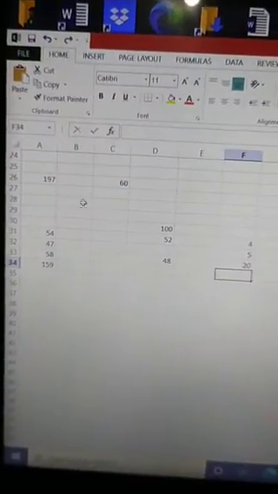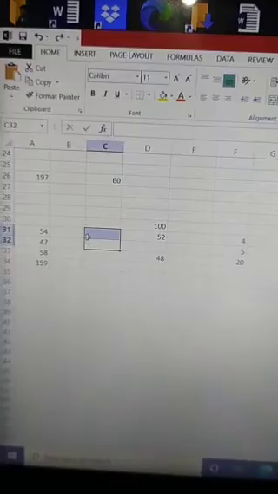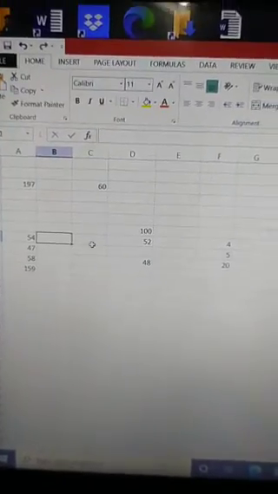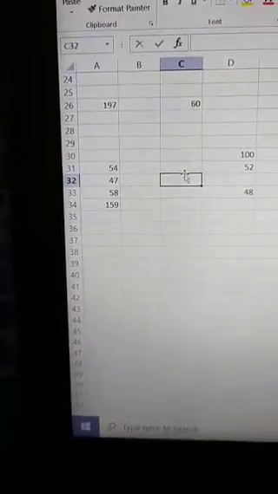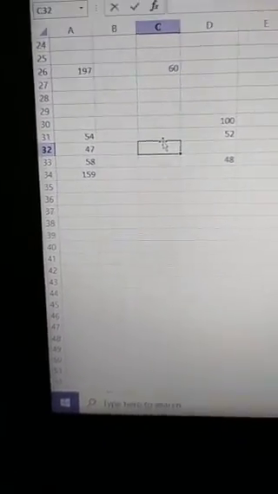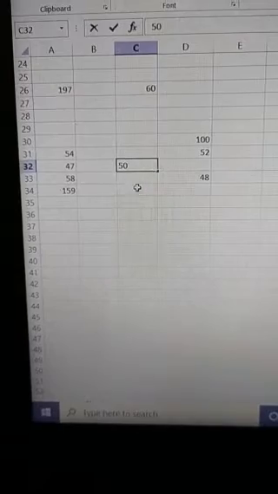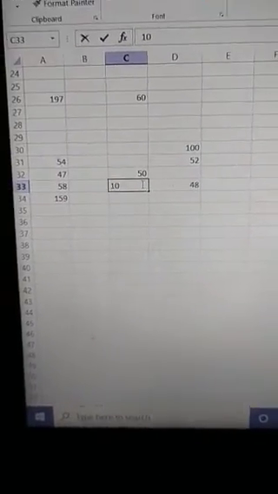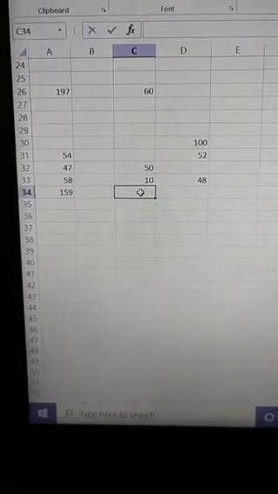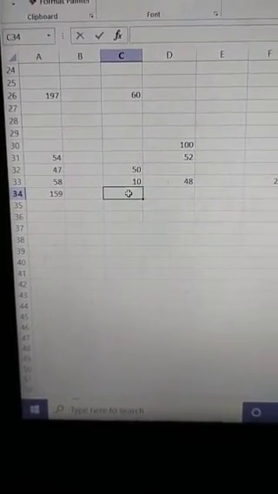By this process we can do addition, subtraction, multiplication, and also division. I am showing you another operation, division. I am giving the value 50 at C32, and I am dividing 50 by 10, which is typed in C33, and I want the value in A34.